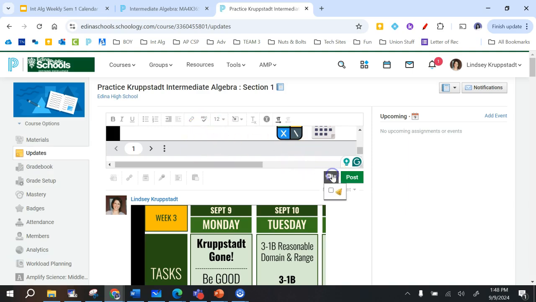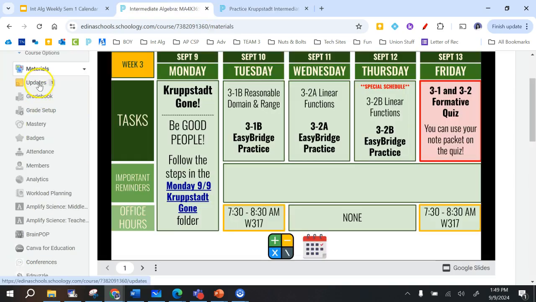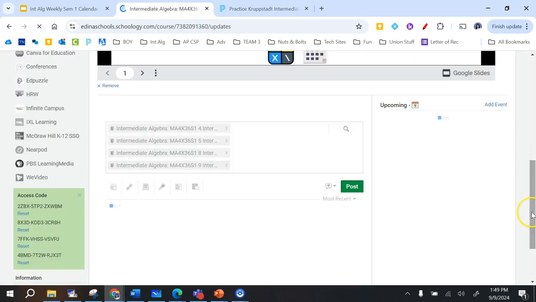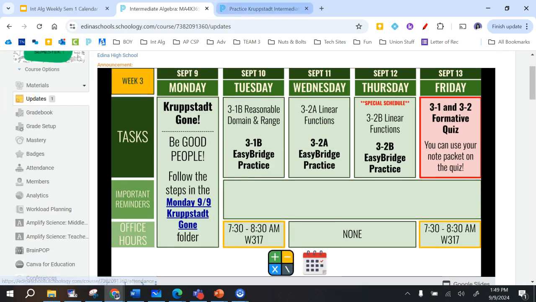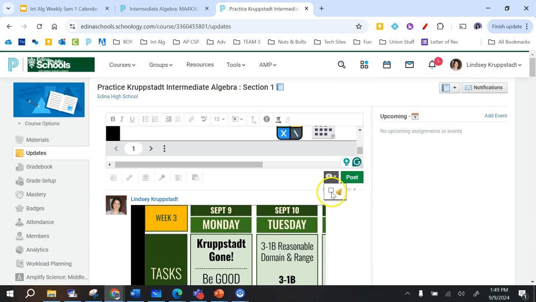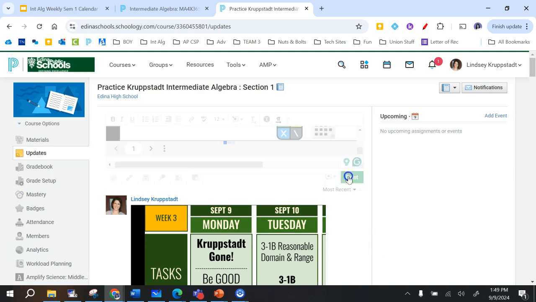And to make it an announcement, I'm going to click this little speech bubble, and inside of it, you'll see a bell. If you're working in an actual Schoology course, you will see two options there: both a bell and a little person. The little person will allow parents to see the update. For some reason, I always unclick that because I don't want them to get junk mail if it's giving an update. But you do you. But you really have to make sure that you click that bell there,